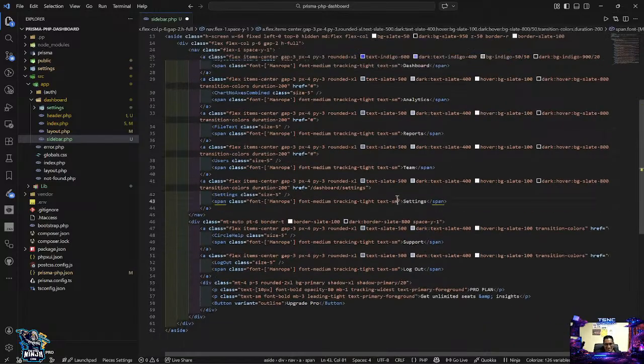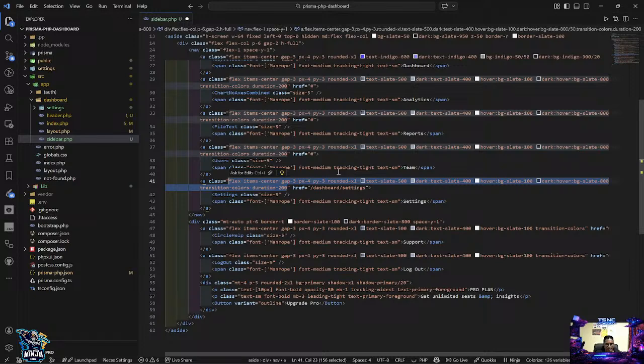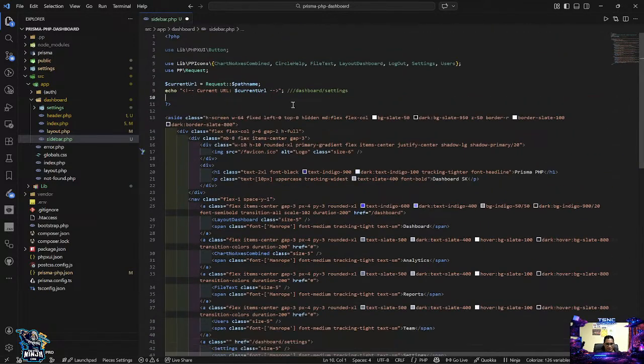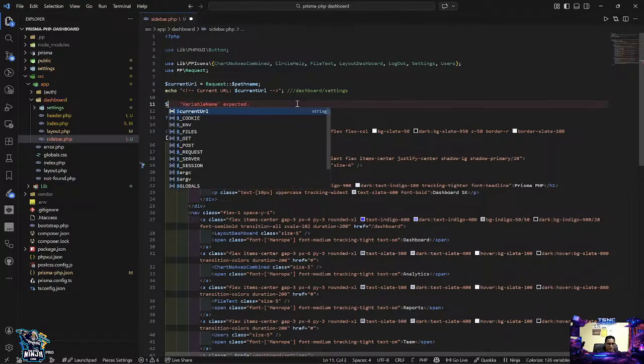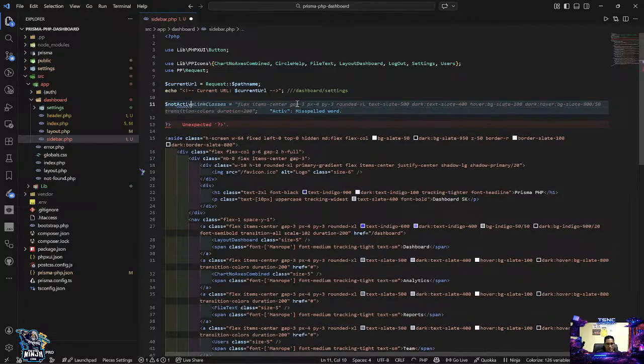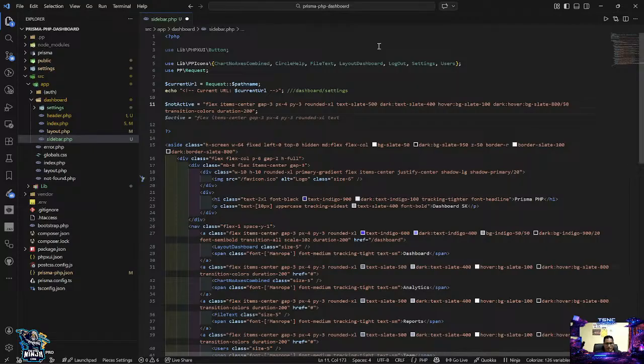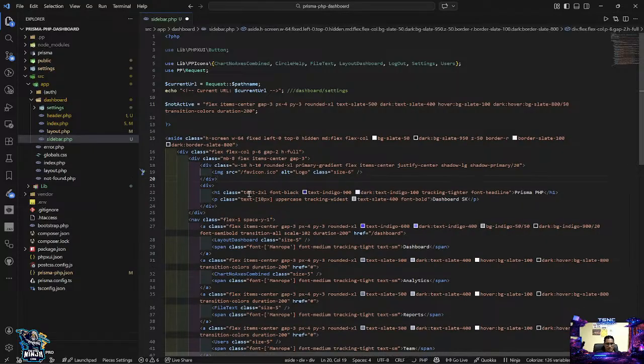So in this case, let's not waste time. We're going to copy this section, have it in this case. I'm going to copy it. So I'm going to say that this is going to be active, that's a variable in this case. So there we go. And the next, in this case, the dashboard is